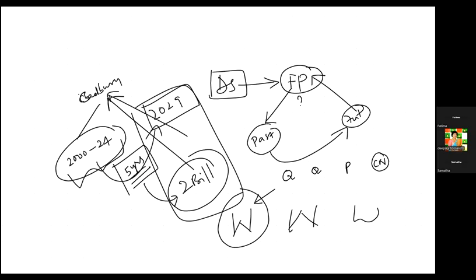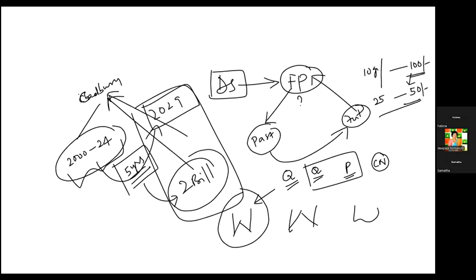So if quality matters, they try to improve the quality of that particular product. Quantity and price are very much interrelated. Suppose for a 10 grams chocolate, they keep 100 rupees as the price, no point. Who will buy? No one will buy. 10 grams is very less, for that 100 rupees is far more. So no one tries to buy the chocolate. What they have to do, they have to at least keep 25 rupees, and if they try to keep 50 rupees, they try to decrease the price with the same quality, then only people will buy.